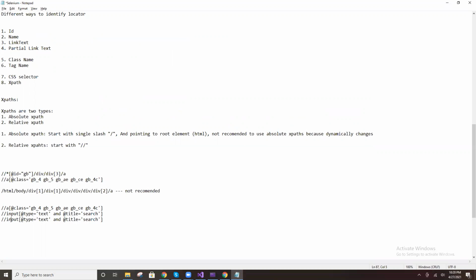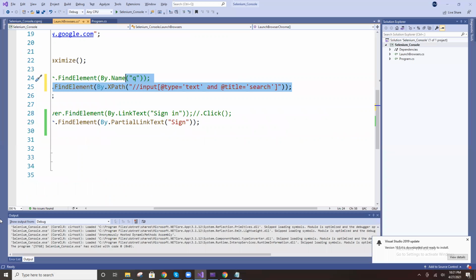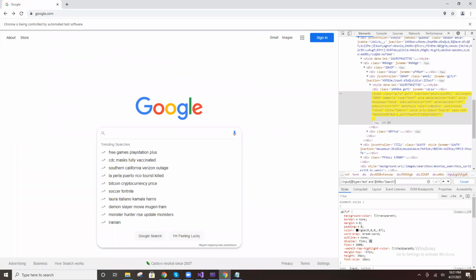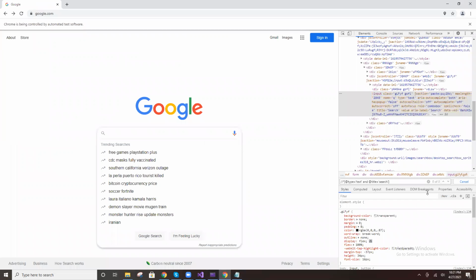What is the tag name here? Input. Now I put star. Input or star. Star means anything. This is also fine. Check. Control F. See, identify, right? It's showing 0.